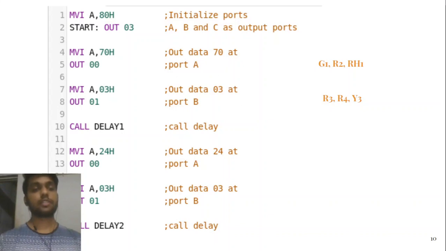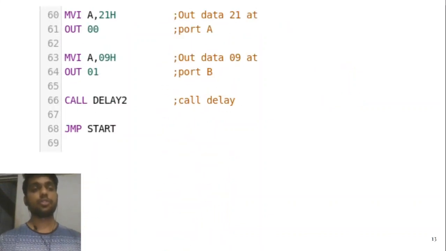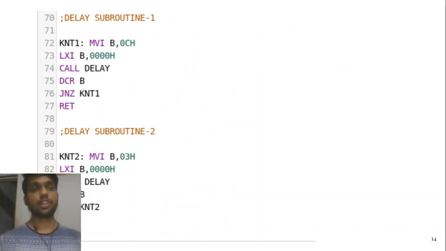Now we'll look at these delay routines. So here are both the delay routines. What we'll be doing here is feeding the B register a specific value which is calculated based on the frequency of the microprocessor, and both of these delay routines are used for producing a delay of 0.5 second each.